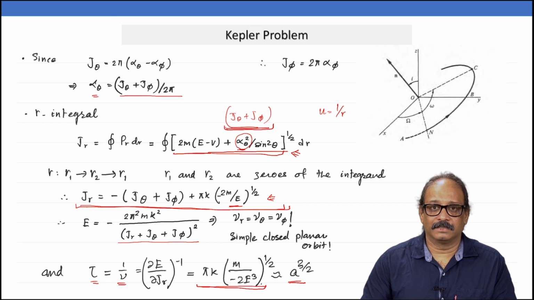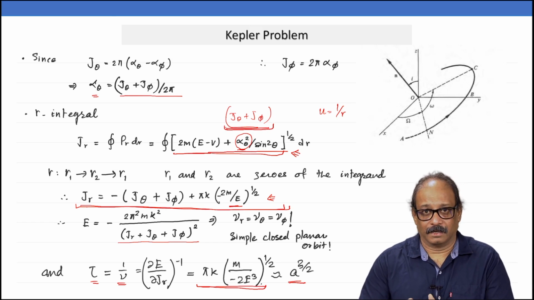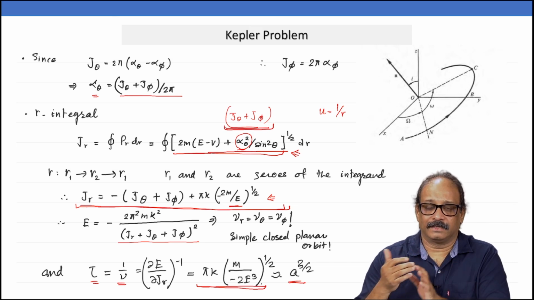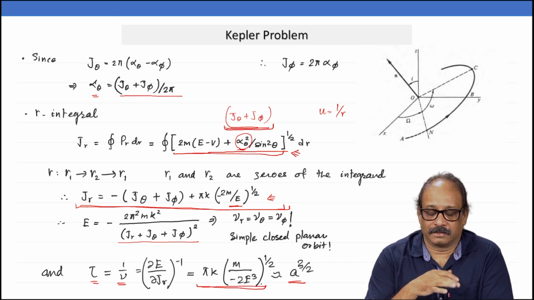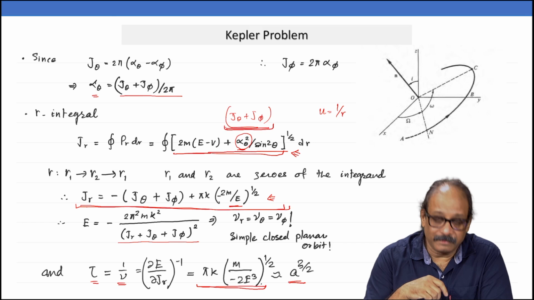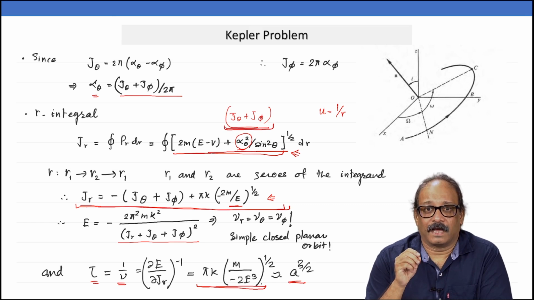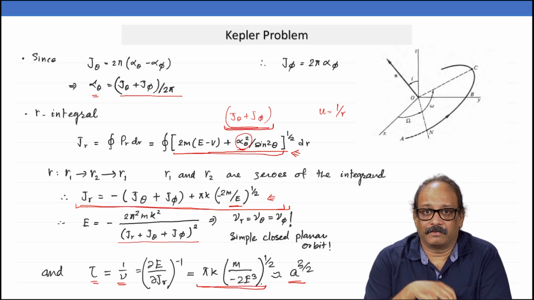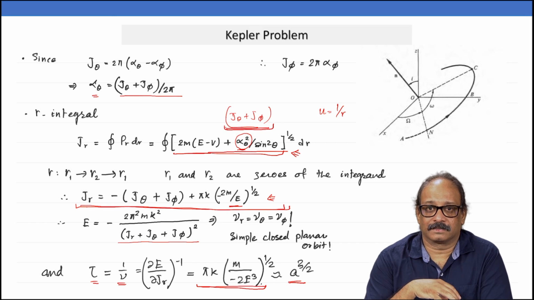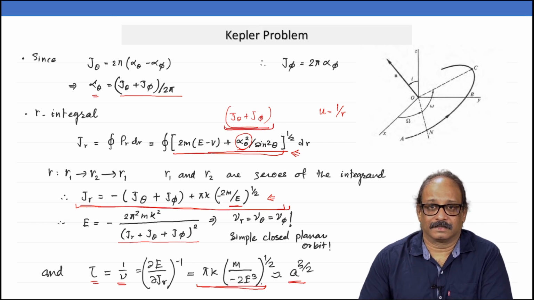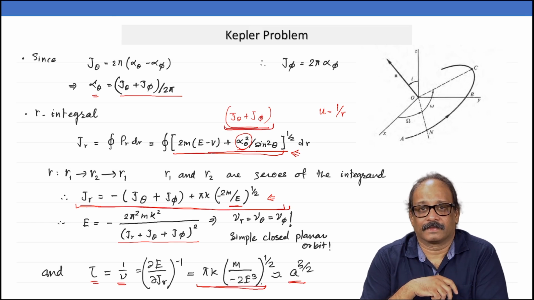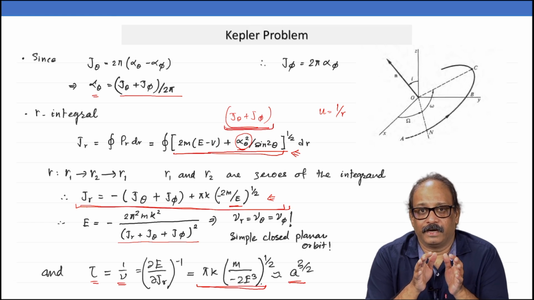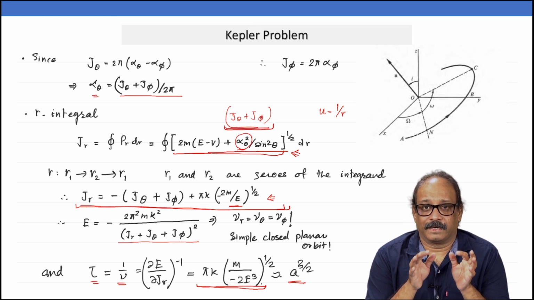Of course, I am going to urge you to go ahead and solve the remaining problem, write down the complete Hamilton's characteristic function and calculate the corresponding canonical variables. Each one of the canonical variables will be called an angle variable here. So, calculate all three angle variables and complete the problem. But the power of this particular method for periodic systems is in calculating frequencies, and this is what we have demonstrated just now. Okay. So, now we have come to the end of what I will call particle dynamics.